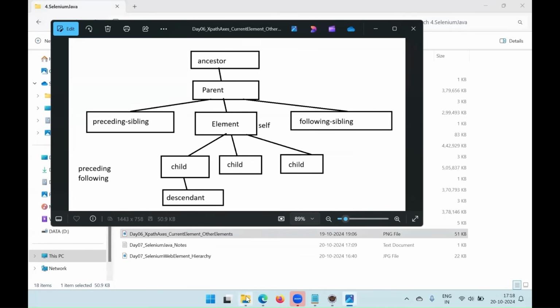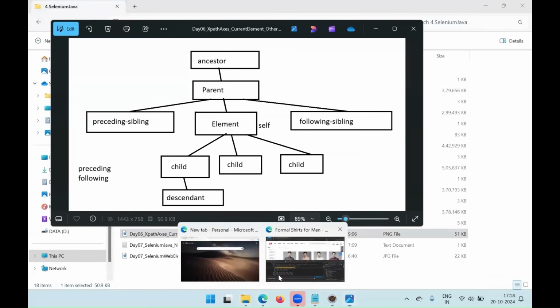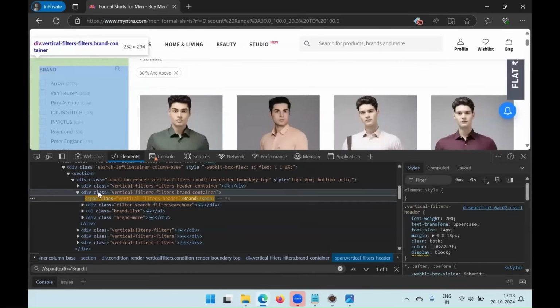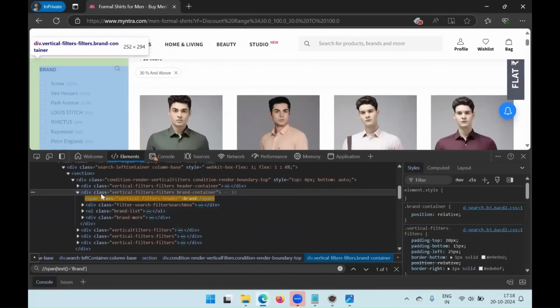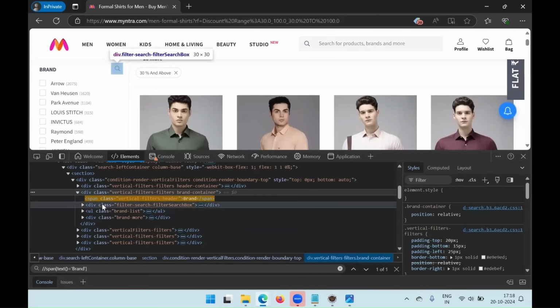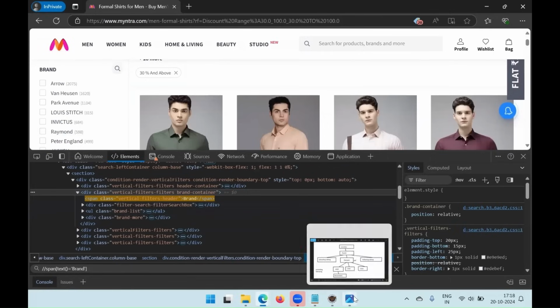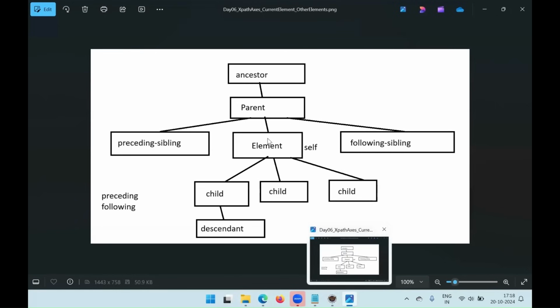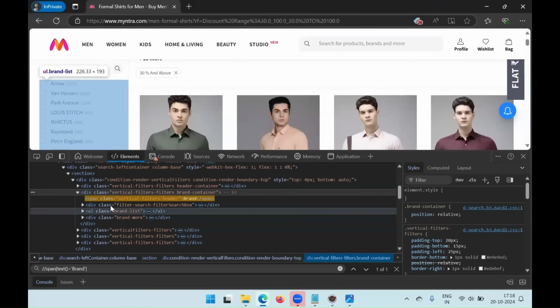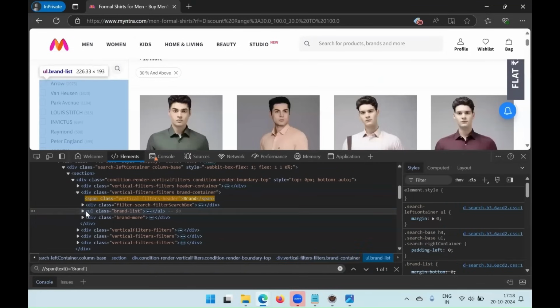So if I need to navigate to the element which is beside, just under the same parent, in the other element which is under the same parent. So div is the one tag which is the parent. Under the same parent, we are having multiple tags, div, ul, div. So all these come as siblings. If we go and check the image from the yesterday session, preceding sibling, the self node, or the following sibling, all these come under the same parent. So if I need to go to this UL,